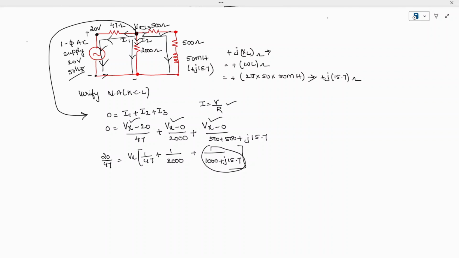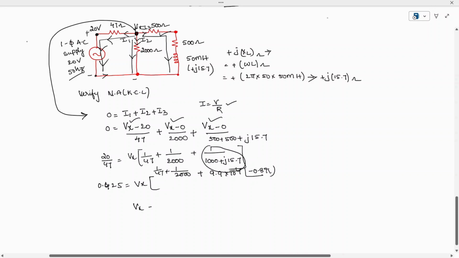Therefore you are going to get 20 by 47 is 0.425 is equal to Vx. So if you perform all this in the polar form, then you are going to get 9.9 into 10 to the power minus 4 at an angle of minus 0.899. So this 1 by 2000 also you add, and 1 by 47 also, then you are going to get the value of Vx as